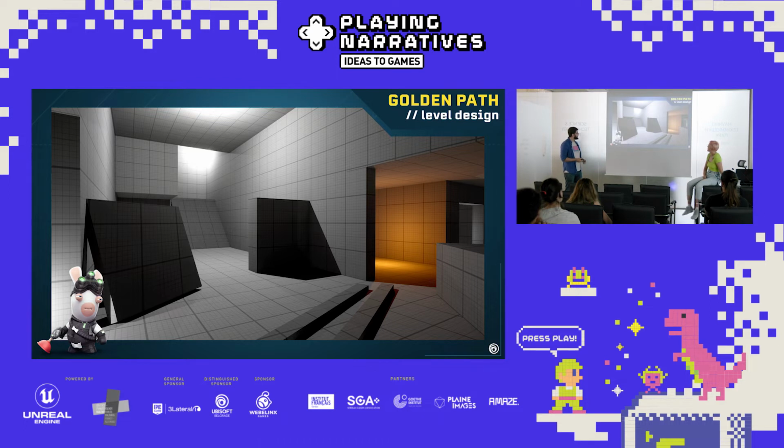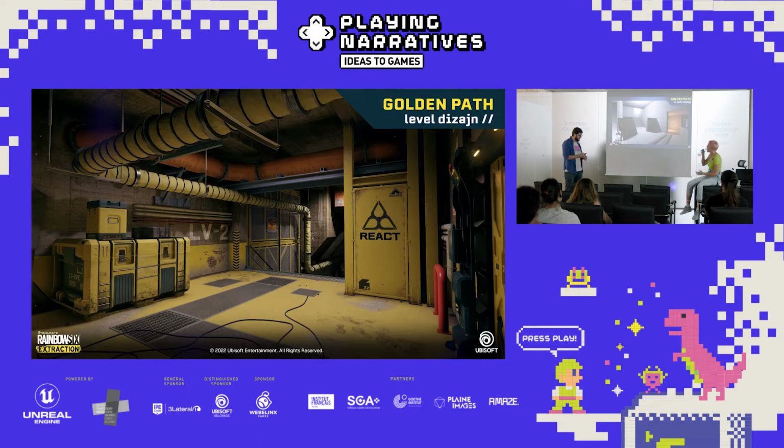And we can also use horizontal barricades to stop the player's movement, not literally, but if he sees a blockade, he's going to think in his head, okay, I can't go here, or I shouldn't go here, this is the right path. And these are some examples of Rainbow Six safe spots.